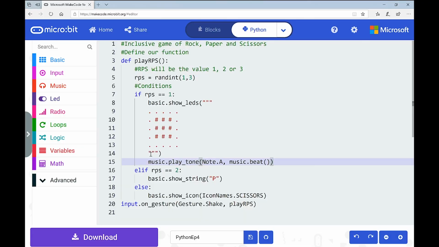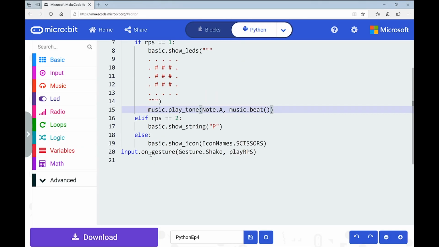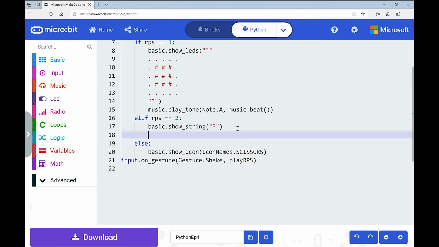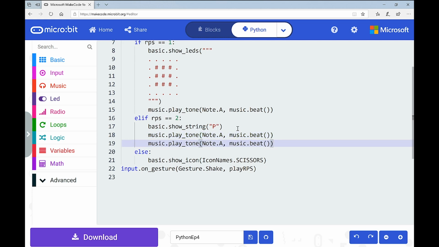Okay. So we just are going to go now through this and add it into the other, and I'm going to be cheeky and I'm going to copy and paste it. So I'm going to copy this and I'm going to come into my condition for 2. 2 is going to show me the string P, but maybe now this time I'm going to paste my line for tone once and twice. So I'm going to get the note to play twice, except this time I might change it up. Maybe I want note G, and these are just different. Sorry, if I go back there again.